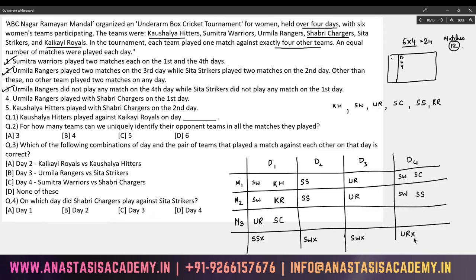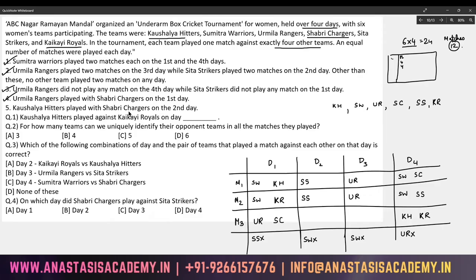Because Urmila Rangers is not involved, the third match on this day will be the remaining 2 participants, KH and KR, Kaushalya Hitters and Kakai Royals. This will be the third match on day 4. So on day 1 and day 4, what all matches are taking place? We have taken care of that by now. Next,